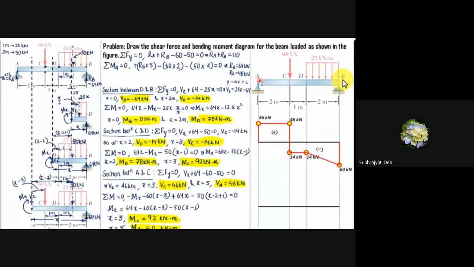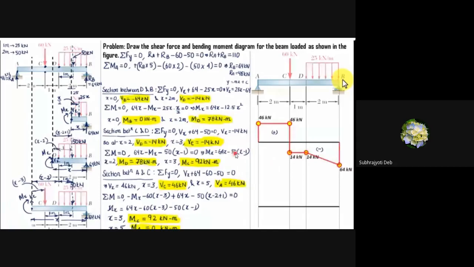So draw the shear force diagram. What you have to do, you just draw these parallel lines from these section points A, C, D, and B, like this, and draw a line like this way. Now this is your point B. What is the value? 64. This is minus, hence this point 64. Then point D, it is minus 14. At point C, where is Vc? This Vc is also minus 14.